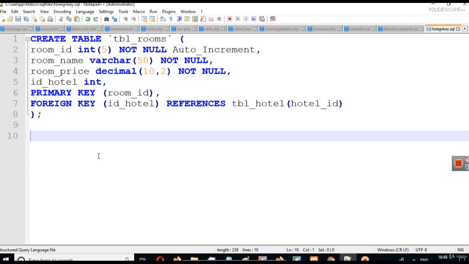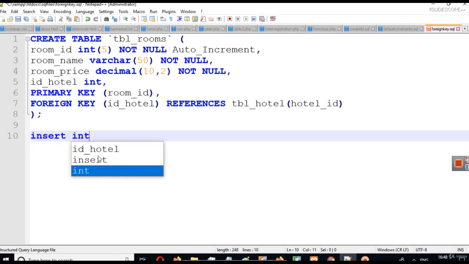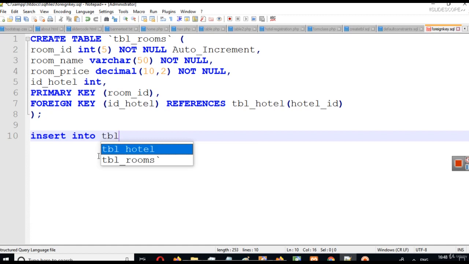Now let's write a query to insert some values here. So insert into tbl underscore rooms, and then we have to enter the names of columns here. So first room name, let's say room name is D101. Let's say in some hotel this is room D101, which stands for Deluxe 101. We can have SD 101, Super Deluxe, and so on. And let's say room price is